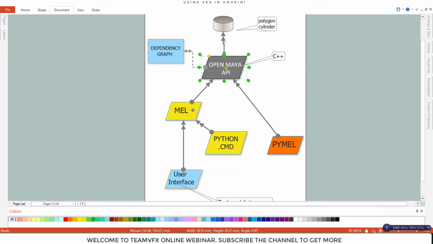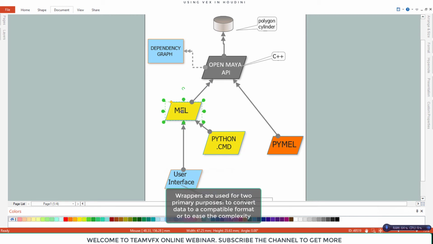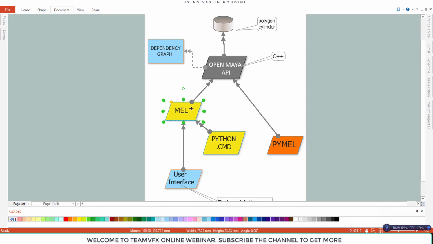And another thing is what languages we can use in Maya. Generally Maya comes with MEL. As I told you, it's Maya Embedded Language, and from version 11 or 12 I think they created Python also, and that is only a wrapper of MEL. So whenever we write anything with Python cmds, like import maya.cmds as cmds, we actually run MEL. When we write Python code, it runs MEL, then it goes to the Maya API, and that creates your object. So it's quite slow if you work with Python commands in Maya.